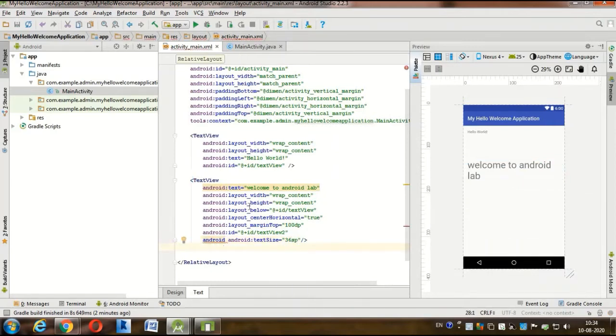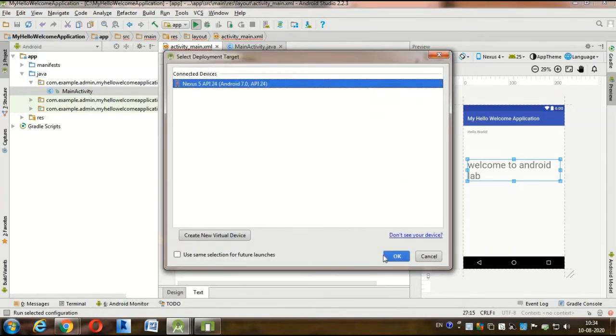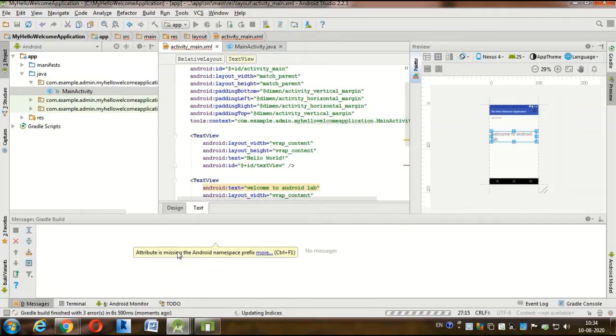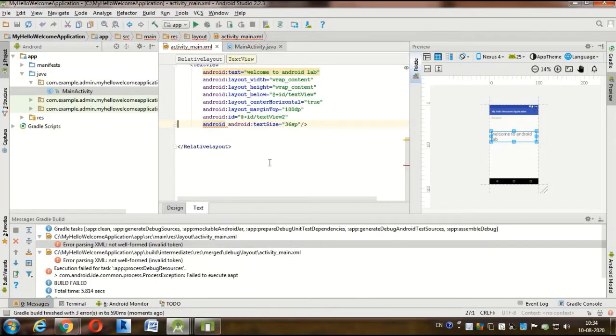Okay. Then run the program. Here you can mention the name; the attribute is missing, so write the attributes for that.